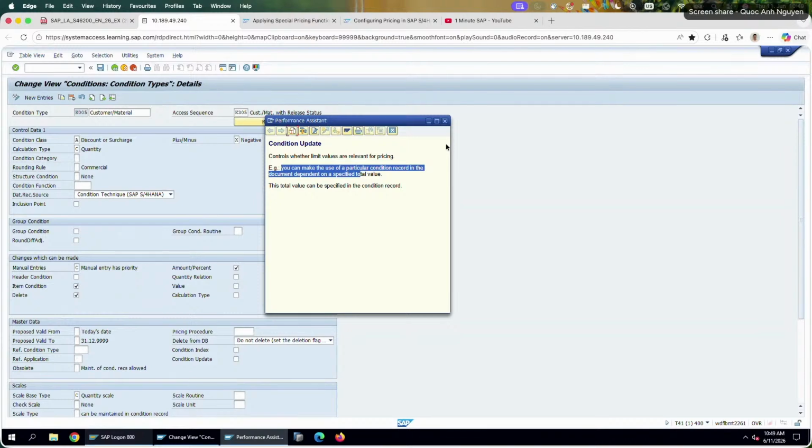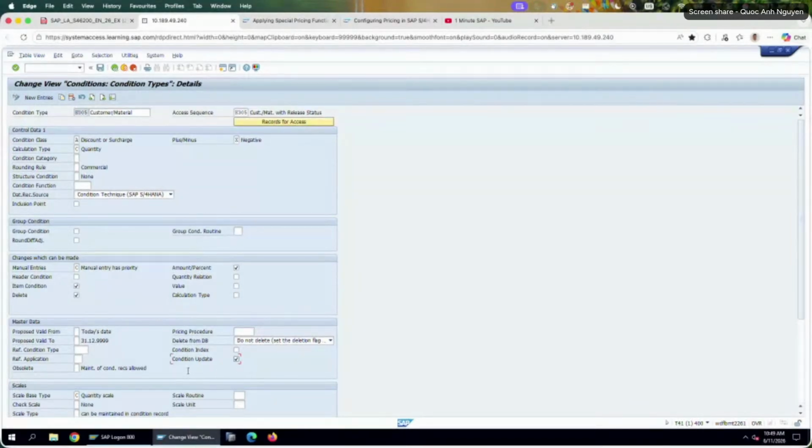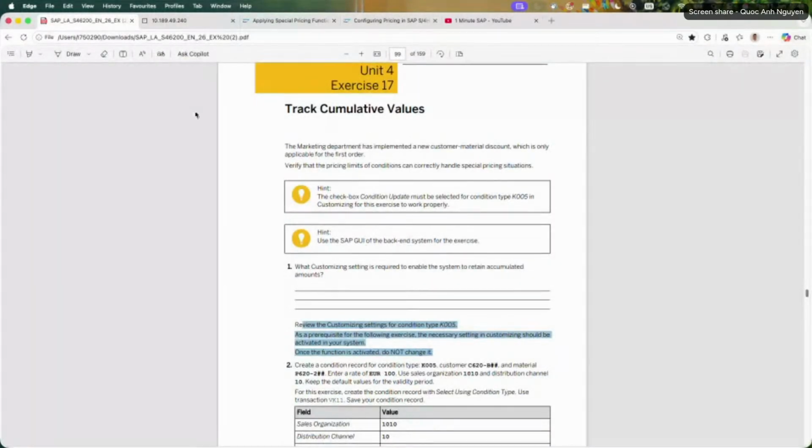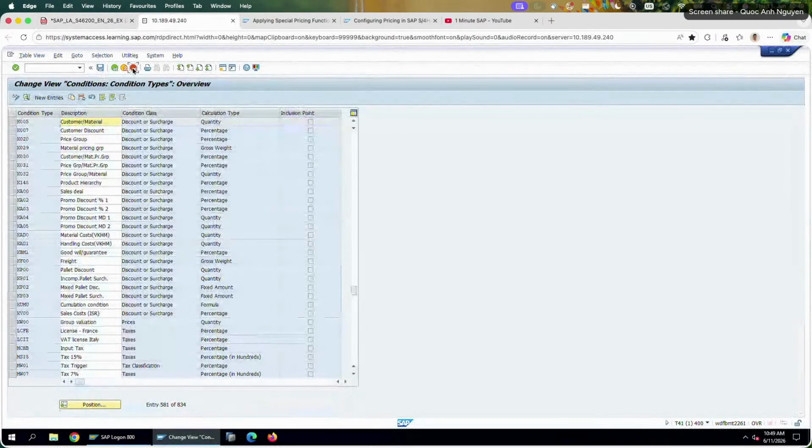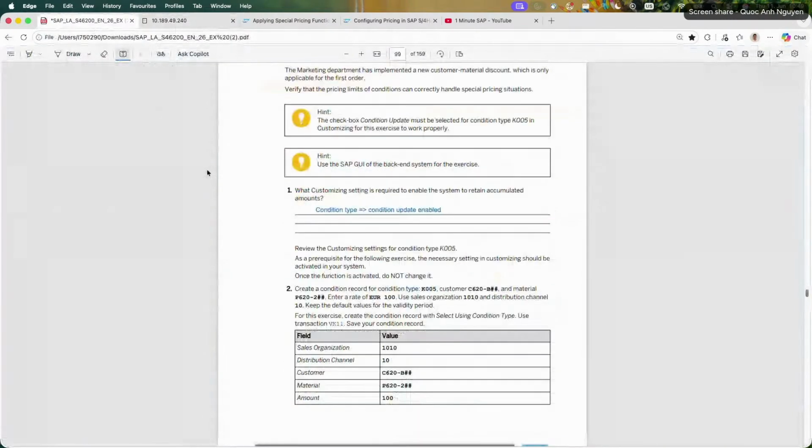Specify total value. The total value can be specified into total record. All right, let me set this up for an accumulated value. This should be then the accumulated amount in condition type. Condition update enabled. All right, then let me set that up, and we go to properly creating a condition record for the condition